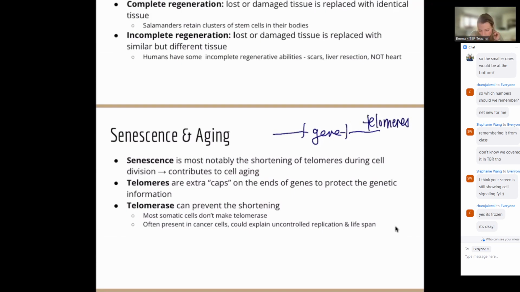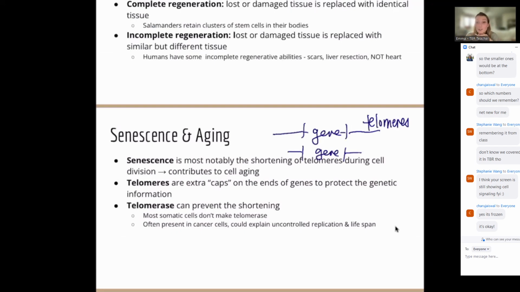And every time that gene is copied, because the DNA doesn't perfectly get copied exactly the same way every time, sometimes there are mutations. Obviously, the way we're reconnecting the DNA, it's going to be shortened. And so typically we have these telomeres so that the next time, we've still got our gene here, nice and happy, maybe our telomeres are shortened a little bit. This is a dramatized picture.